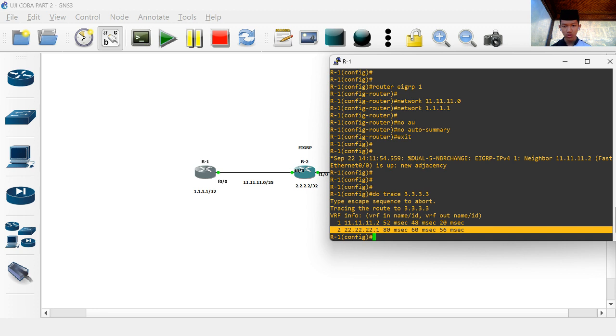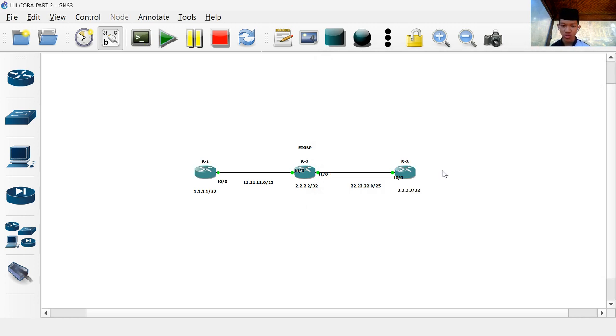router 1 can connect, or can ping, to the IP loopback of router 3 is 22, and the host is 1, which belongs to router 3. So